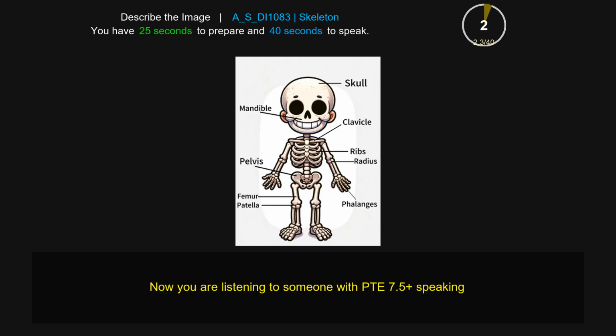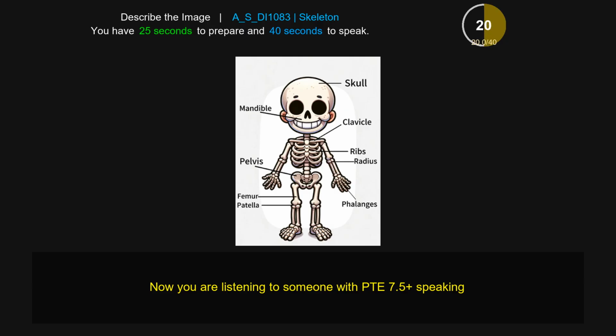This image gives information about a human skeleton. From the image, we can see that the skeleton is made out of different parts. The part that makes up the head involves the skull and mandible. The part that makes up the center or thorax is the clavicle and the